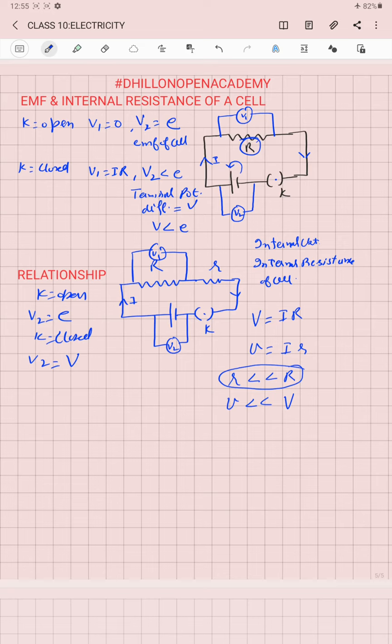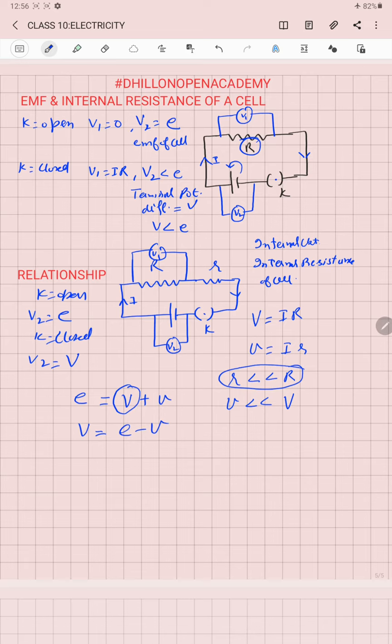Now in this case, because this resistance is present across the internal resistance, we call it the voltage lost inside the cell due to its internal resistance. So if the cell can generate a maximum voltage E, in this case, because they are present in a series circuit, we can write E is equal to the sum of V and v, the voltage across the external and the voltage across the internal resistance. So when the cell is present in a closed circuit, what will be the voltage across it? It will be equal to E minus v.